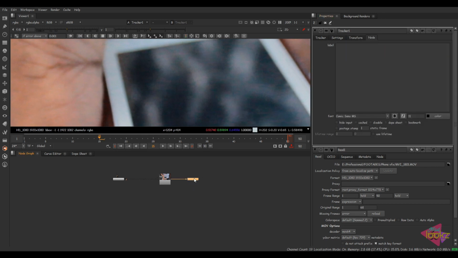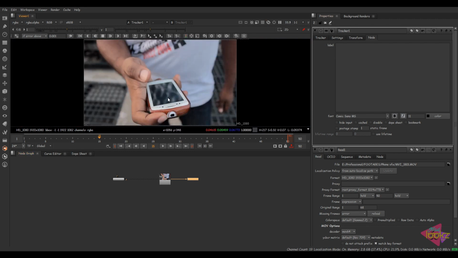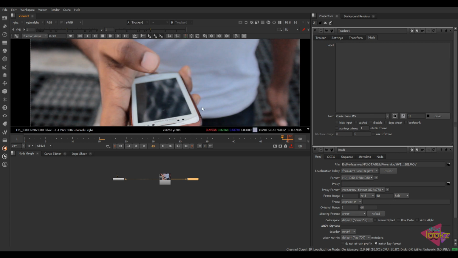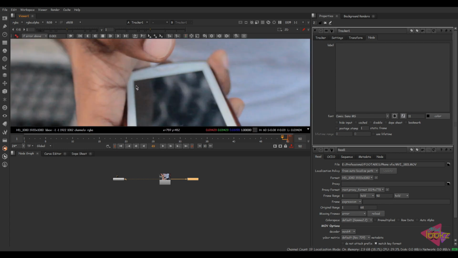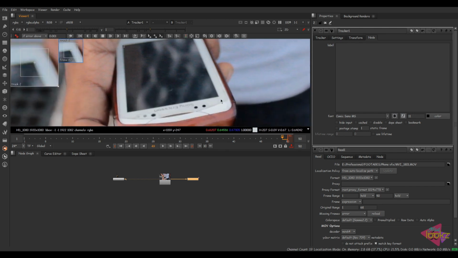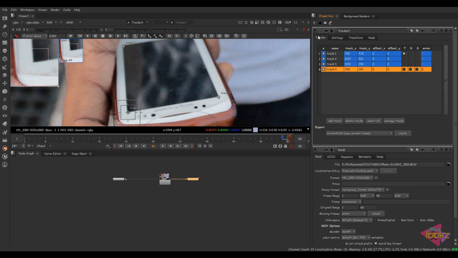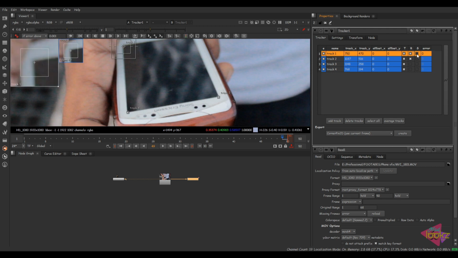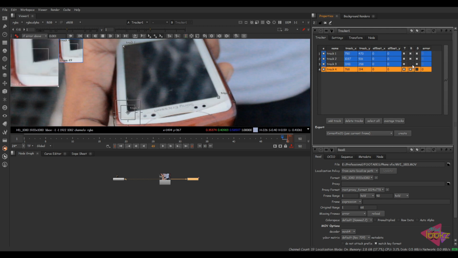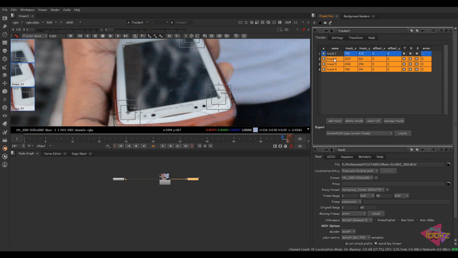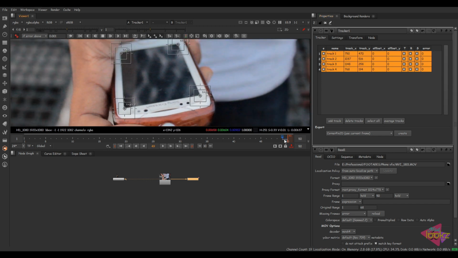I deleted that stuff, and here we have a fresh tracker node. I'm going to come to the 50th frame and take this tool, and place tracking points on all these four corners. Nuke gives us this option, where we can place all those tracking points, come back here, select all the tracking points and track at one time. But make sure you check all these options, because it helps while you apply the tracking data.